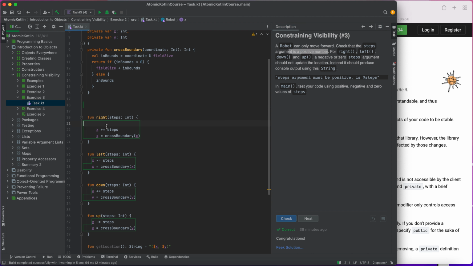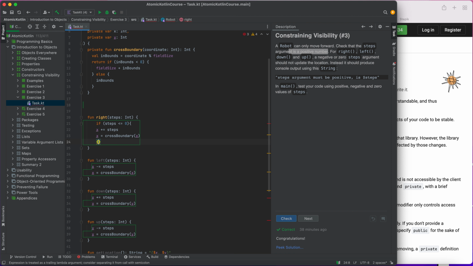So we have to pretty much check using a condition: if the steps is less than or equal to 0, guys, then it should do something, otherwise it should print out something, right? So let's write some